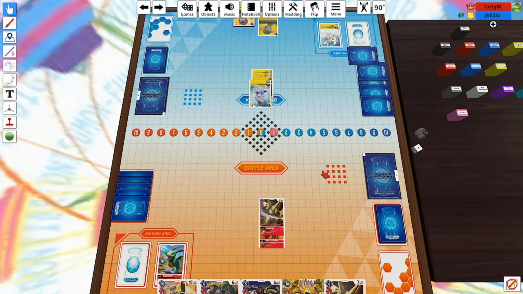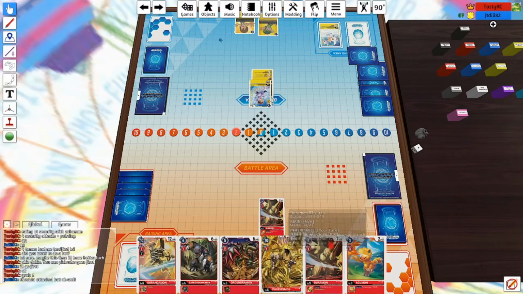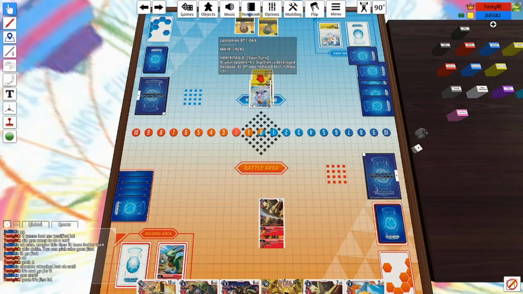They Digivolve into Sirenmon, which is their 2-cost vanilla ultimate. So it does let them be their turn without passing turn by Digivolving into an ultimate. They then play Kari to pass turn to me, so that starts me off with only 2 memory. And they do have that security net now. If I put them below 3 or at 3 for whatever reason, they get to